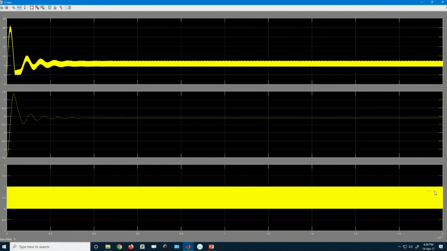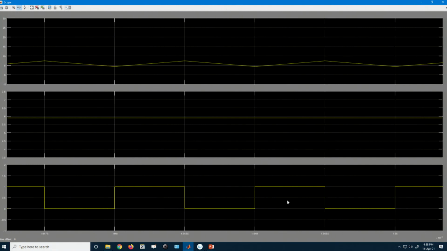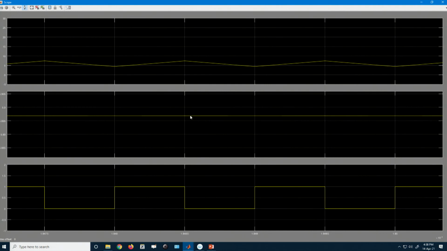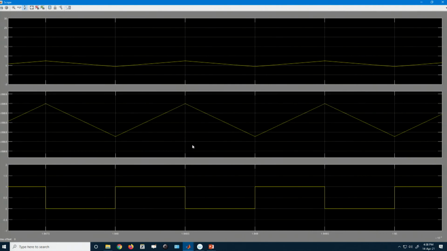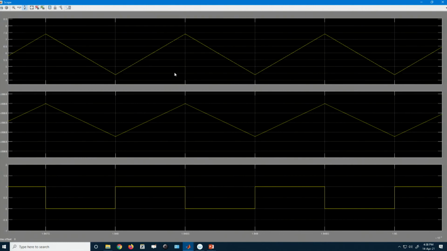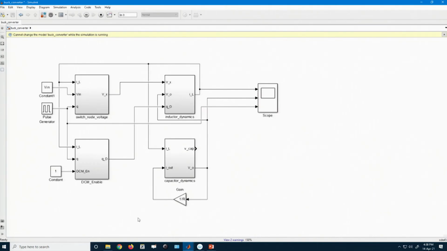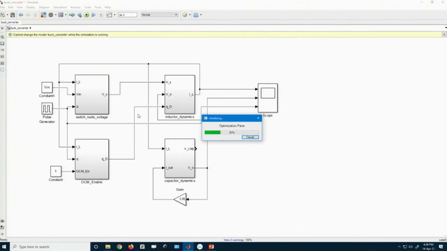If we take a few cycles here, and then try to see the voltage output, still there are some... we have kept ESR to be 0, but it is still showing the profile, although very small, maybe it is a numerical error. So, we need to set the simulation configuration parameters if we want to improve the accuracy of the simulation.